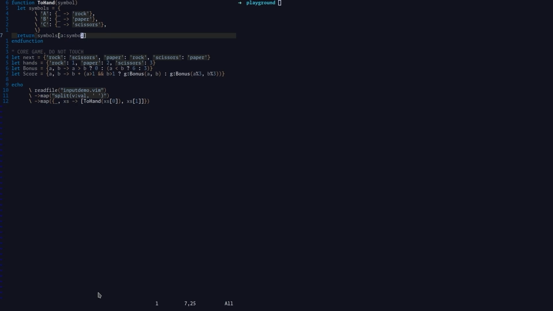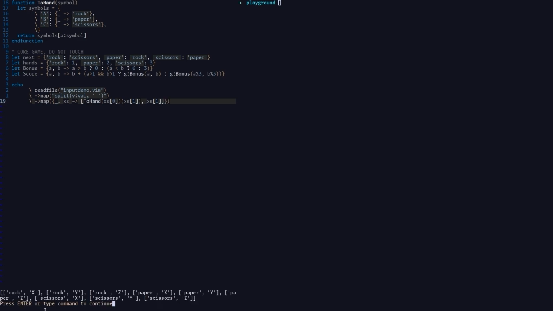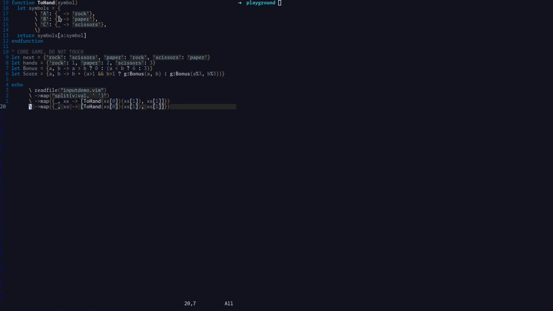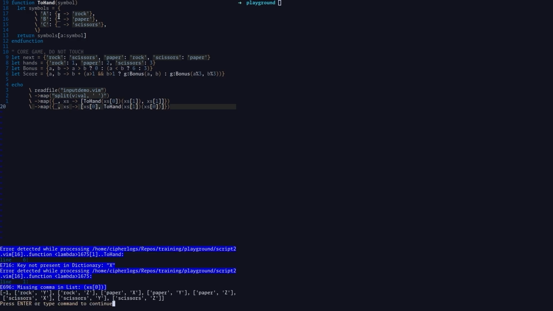So I'm going to come back here. After I run this, it's going to return another function. And here, as I said before, the first column needs to be aware of what is in the second column, so I'm going to pass in the second column. When I run this, you can see I'm getting rock, rock, paper, paper. Let's do the same and transform the second column now. I'm going to say 1 here, 0 here. I'm going to leave index 0 untouched because we don't need to transform it.